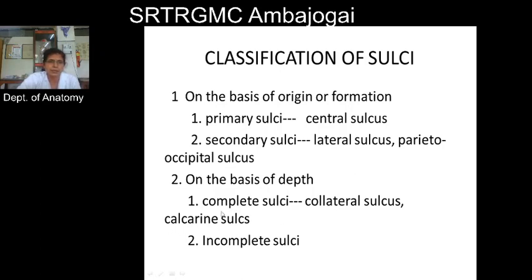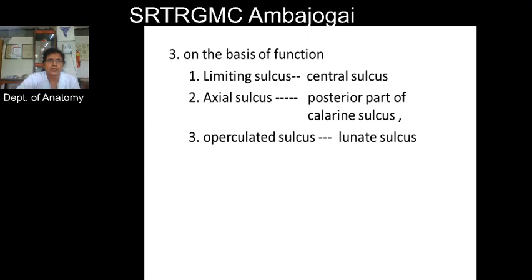Then the second example of a complete sulcus is the calcarine sulcus, and this calcarine sulcus is present on the medial surface in the occipital lobe. So this calcarine sulcus reaches up to the wall of the posterior horn of the lateral ventricle and produces a bulging called the calcar avis. And other sulci are the incomplete sulci, they are shallow, they do not reach up to the wall of the ventricles. Then the third classification is on the basis of function,